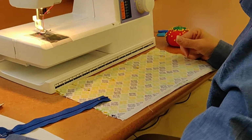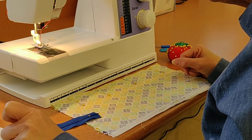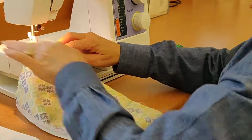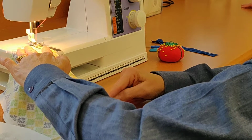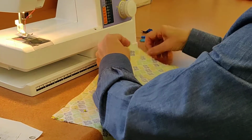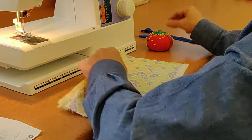The next step says starting from the bottom of the fabric, sew a 5/8 inch seam up to the mark that you've made. So I'm going to lay my zipper aside. I don't need it right now. And I just noticed that if I put this in here with the bulk of my fabric on the left-hand side, I'm going to be starting at the top because this is the bottom of the fabric. So I'm going to just switch my pins to the other side very quickly. And I'm going to mark that spot on this side, same spot,